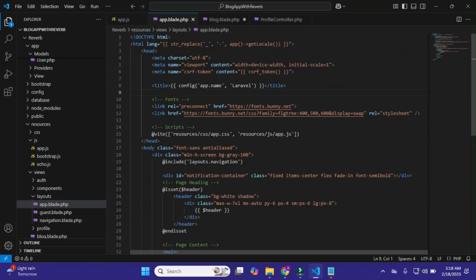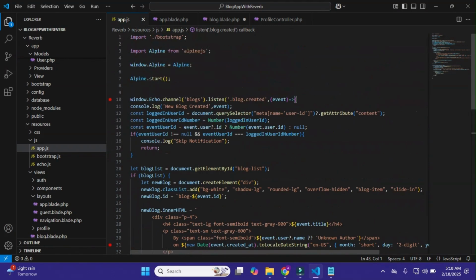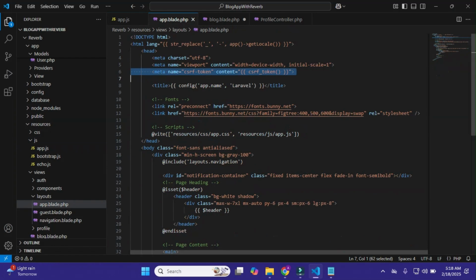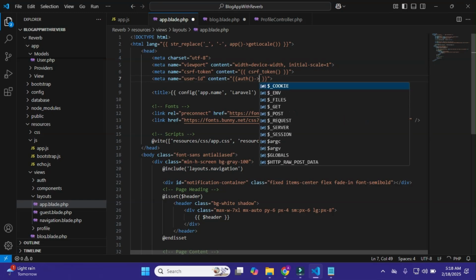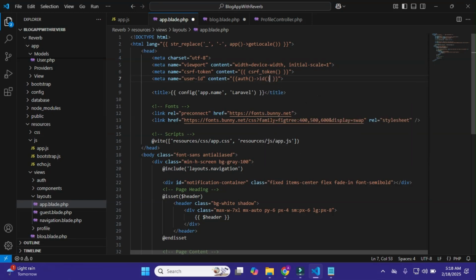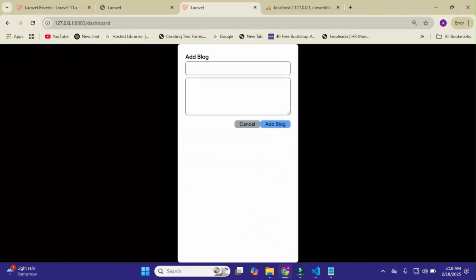So here we need to pass the auth ID for getting the user ID, and for this, like this, I'm getting the user ID here like meta user ID, and for this I'll just simply copy it and paste it here, and make it user ID, and in the content I'll just simply pass here auth ID like this, auth ID like this. Okay, we just simply do this, and now I'll just simply reload it, and now I'll just simply create a